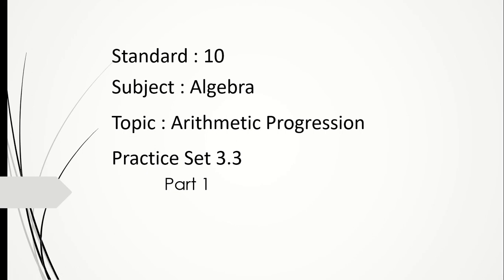Hello students. In today's video, we are going to learn a formula to find the sum of the first n terms of an AP, that is arithmetic progression. In the previous video, we have already learnt a formula to find the nth term, maybe to find the 10th term, the 100th term of an arithmetic progression. Okay. In today's video, we are going to learn a formula to find the sum of, let's say, the first 100 terms or whatever may be the AP, the sum of the first n terms of an AP.